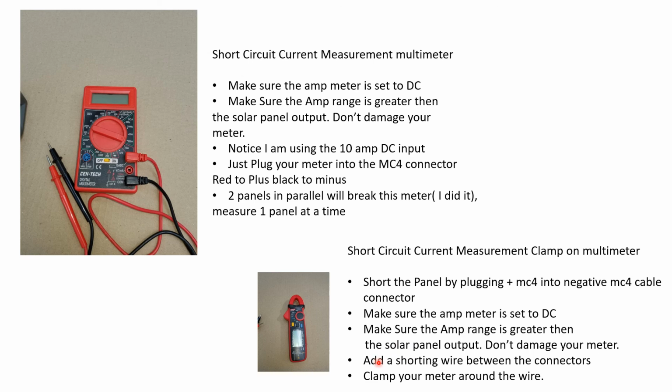Sometimes you just want to add a shorting wire between each MC4 connector and use that instead of plugging them together. Disconnecting MC4 connectors can be hard sometimes. Clamp your meter around the wire. Hit test. And you get your short circuit current. Okay, so we're